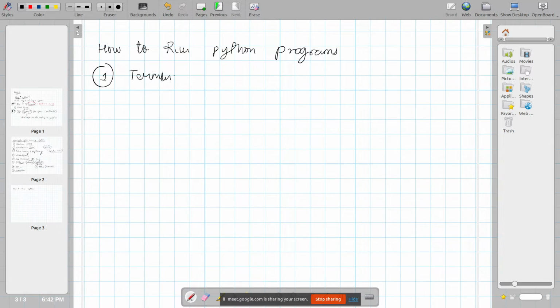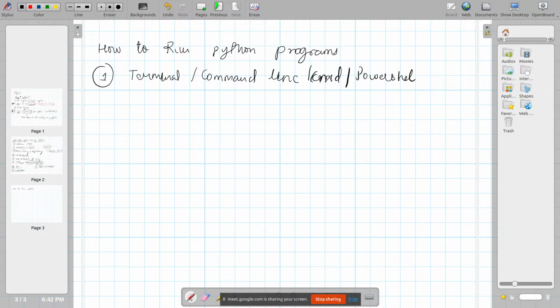You call it terminal, or command prompt, command line, or CMD, whatever you want to call it. CMD, command line, or whatever you have in your Windows. Nowadays they are giving PowerShell also.